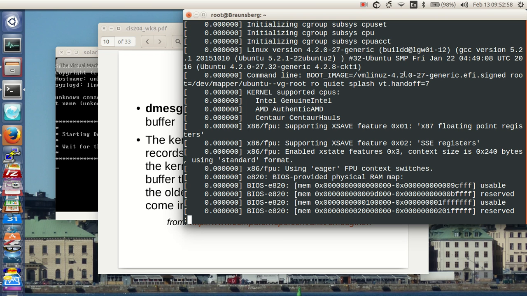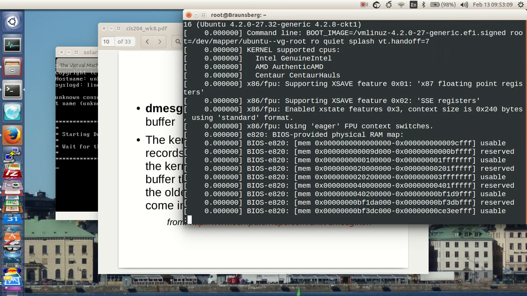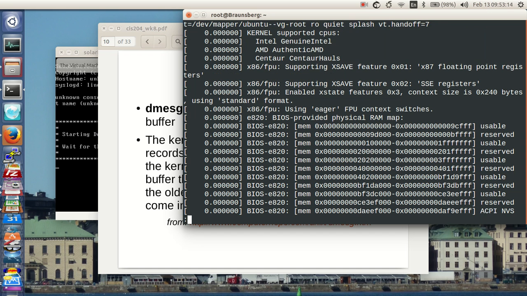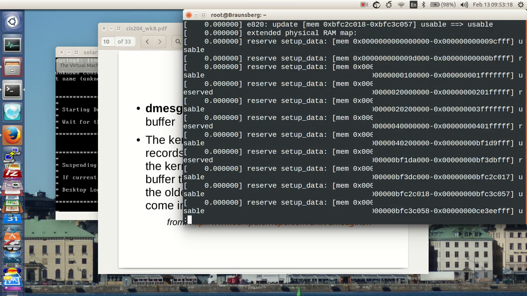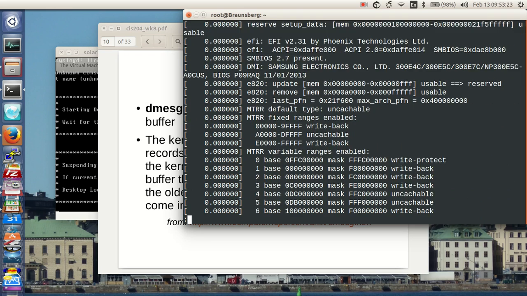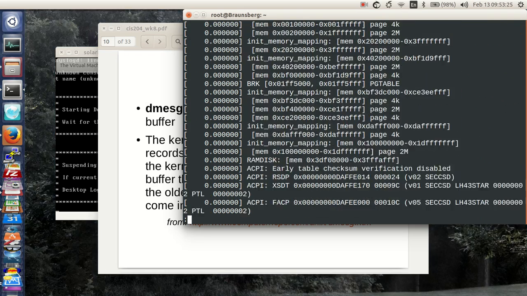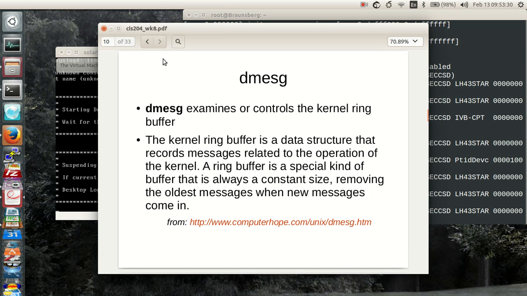And you can see, here is the last time I booted, Friday, January 22nd. So here's what's going on. There's the Intel, GenuineIntel, AMD, AuthenticAMD. It's actually an AMD device. So I've got a number of things going on, but this dmesg contains all of the startup information that you would get from a regular process. So anyhow, that takes us through a little bit of what's going on.